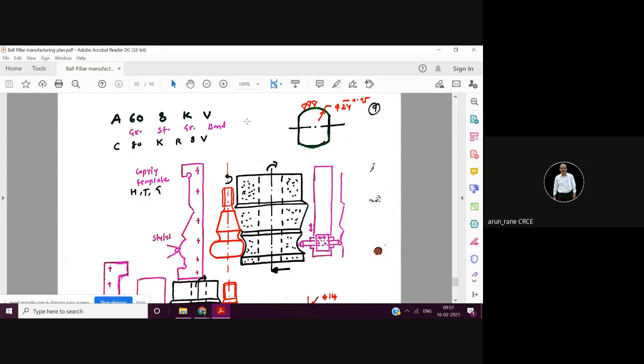Suppose you hold this component horizontally, I hope you understand, horizontally, then the center of gravity of this component is exactly at the center. So the entire load is acting at the center if you are holding it horizontally, and definitely it will get distorted at that center. It will become concave at the center, like a saucer shape.